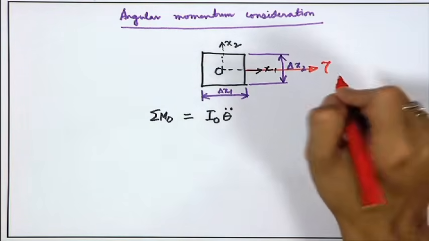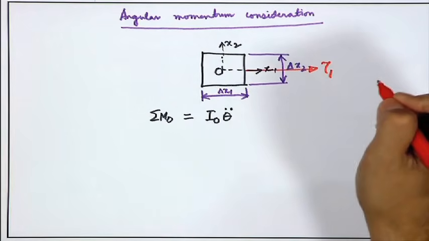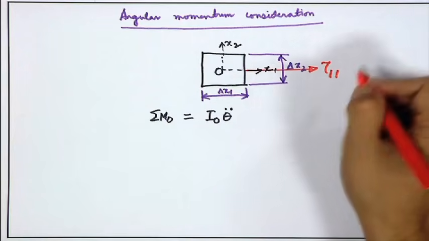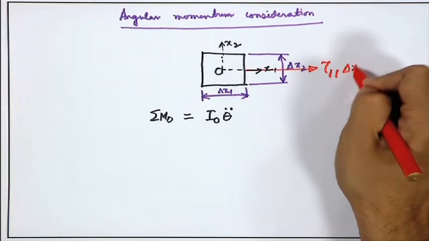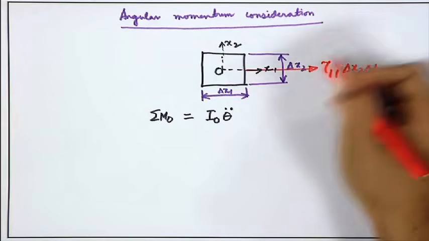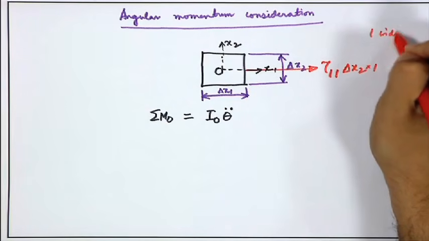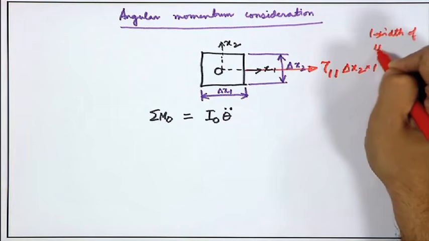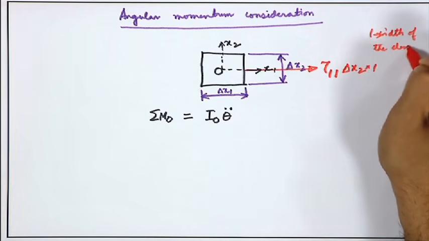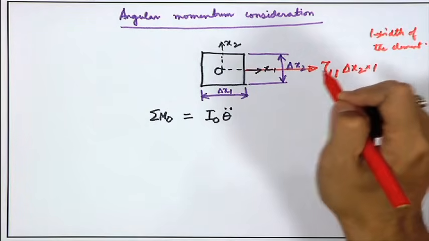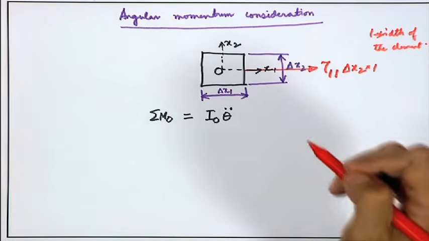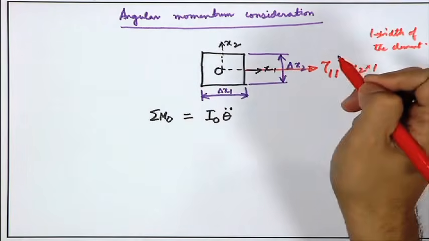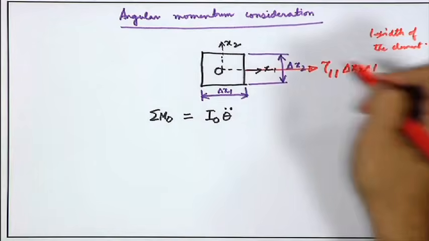The first index is 1 because the direction normal is 1, the second index is also 1. So, tau 1 into delta x2 into 1, let us say 1 is the width of the element. If this is tau 1 into delta x2, so essentially